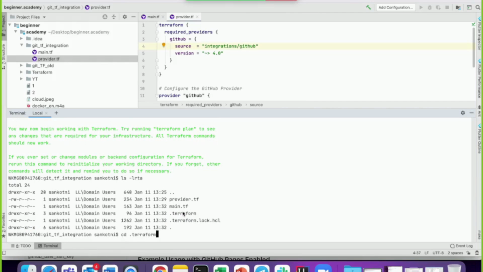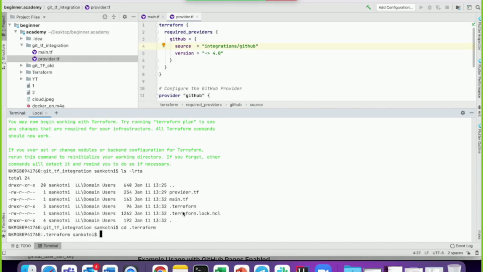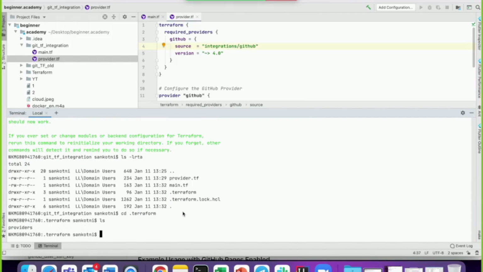If we go inside of this, cd providers integration GitHub, and this is the version.